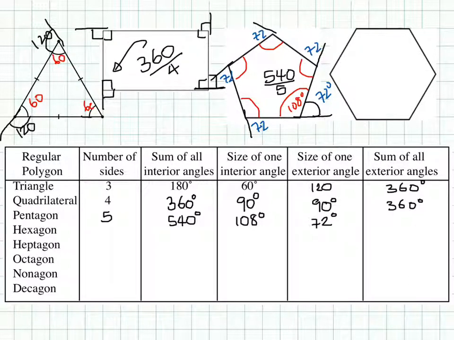Now that I know that, I can add up all my external angles: 72 plus 72 plus 72 plus 72 plus that 72, and believe it or not, it adds up to 360 degrees. Well, if you haven't made that assumption yet, make it now. The external angles of any polygon, when you add them all up, add up to 360 degrees. Okay, now the rest of this table needs filling out, and I'm going to start you off